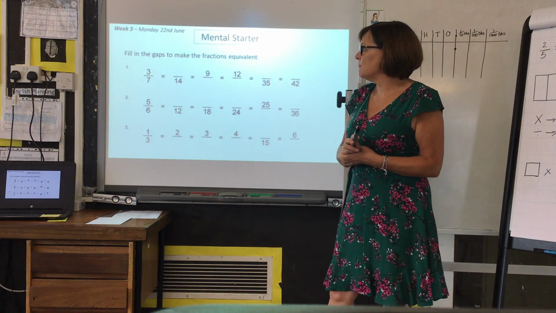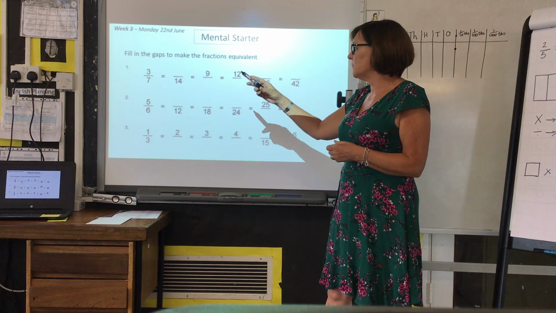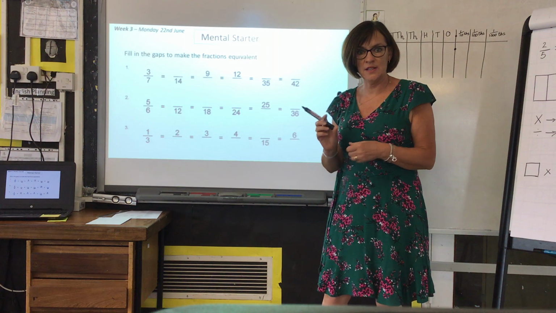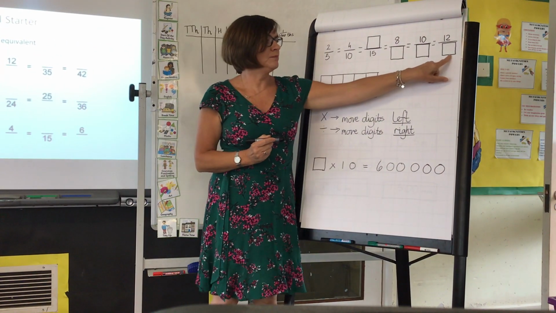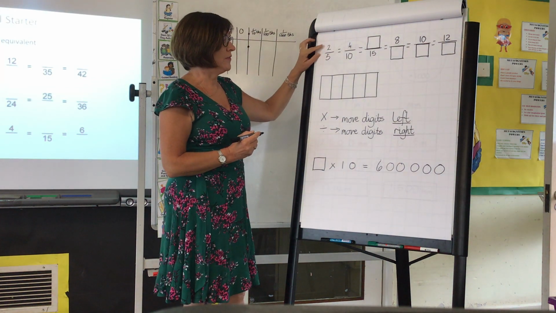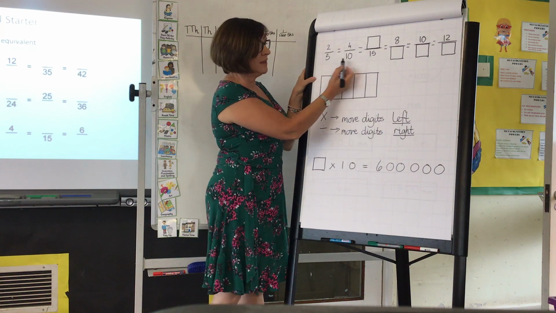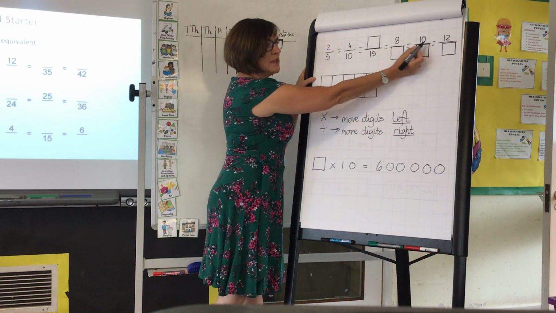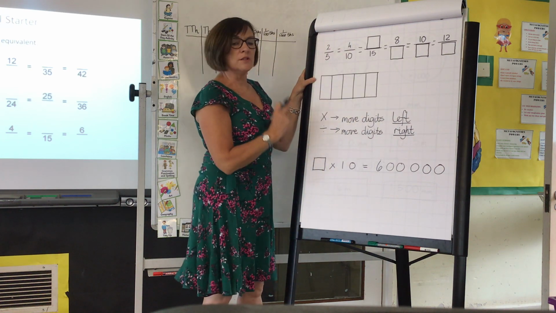Let's begin today by having a look at the mental starter, just a reminder of how to find equivalent fractions. So if we have a look over here, I've done a demonstration of finding equivalent fractions of fifths. So we've got 2 fifths is equal to 4 tenths. Now if you look at either the numerator, the top number, or the denominator, the bottom number, you'll spot a